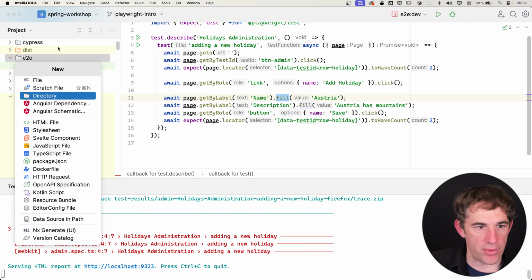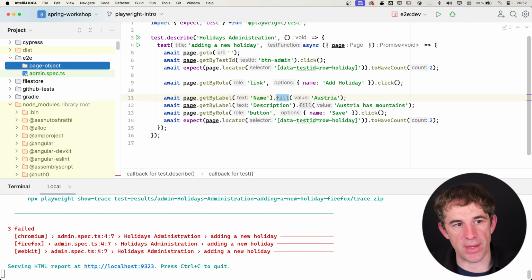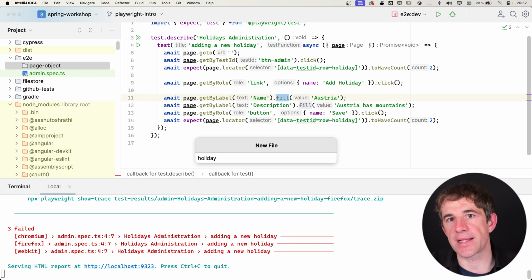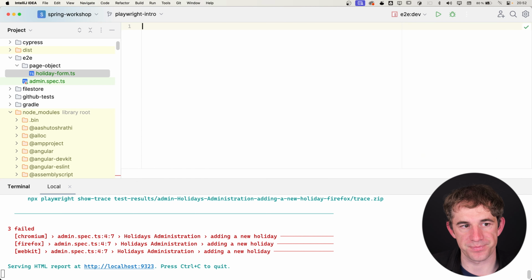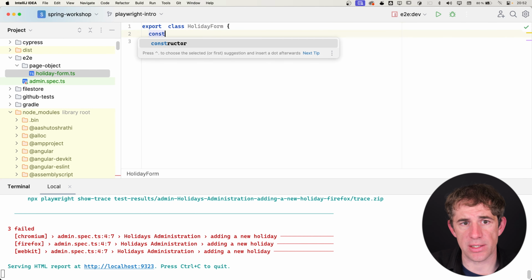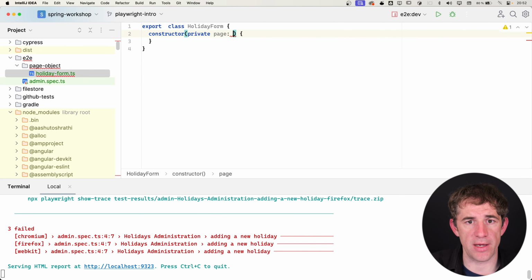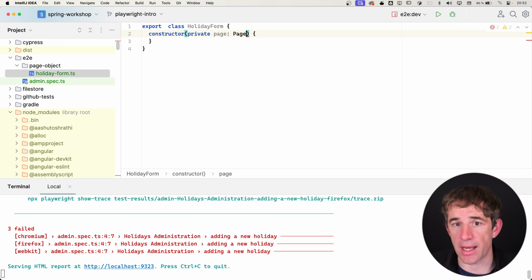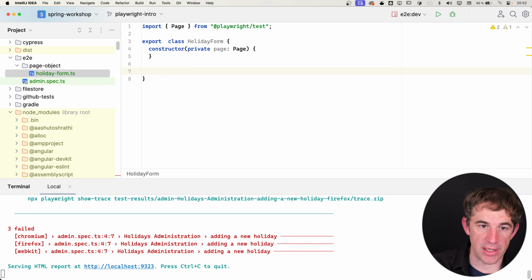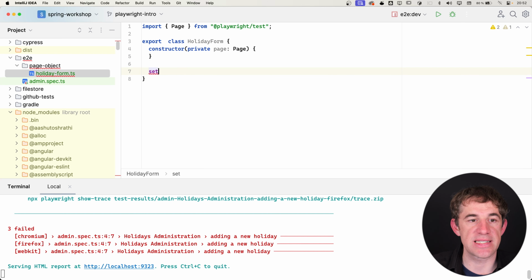I create here a new directory where I say, well, this is page object, and then I create there a file, which I say that's the holiday form TS. The holiday form is a class. It has a constructor where it says, I want to have the page, because I will now know how to fill into the form fields. And because of that, we have then a function which has set name. It would expect the name as a string,